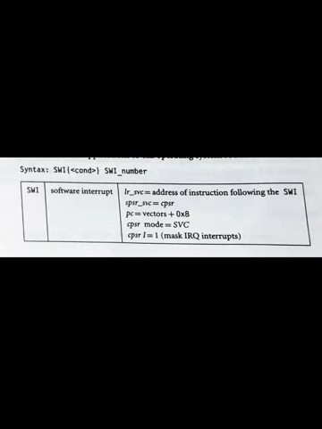Each SWI instruction has an associated SWI number, which is used to represent a particular function call or feature. That means the example for the SWI instruction is shown here.